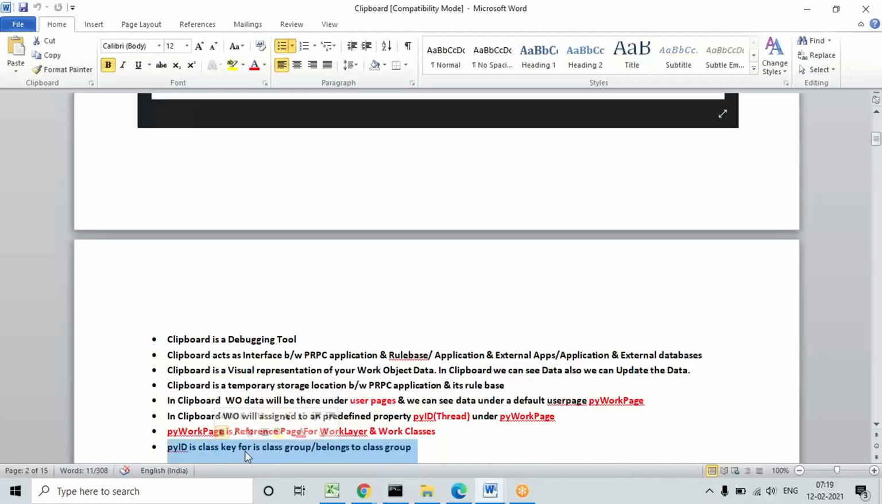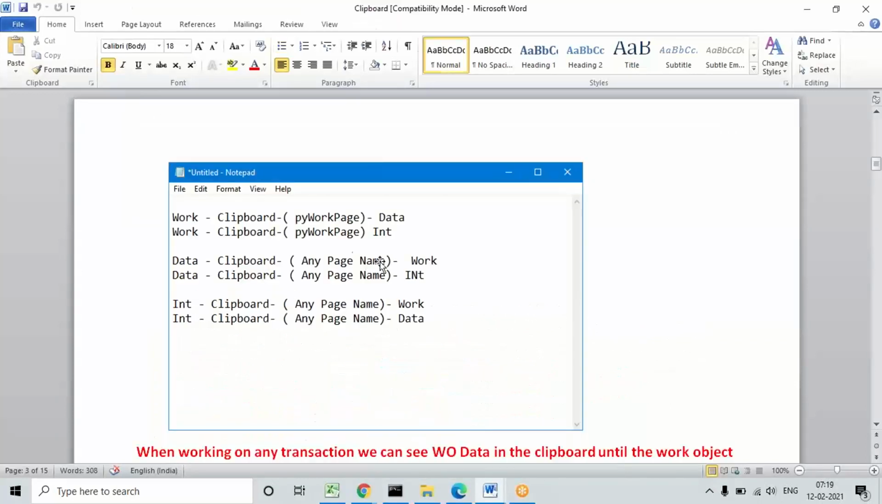pyID is a class key. I told you yesterday also, when I open the class group name, you can see pyID set as a class key, so that only then can we compile the flows in the class group and they belong to the class group. And now the other main point is, when you are performing any action from work to other classes,